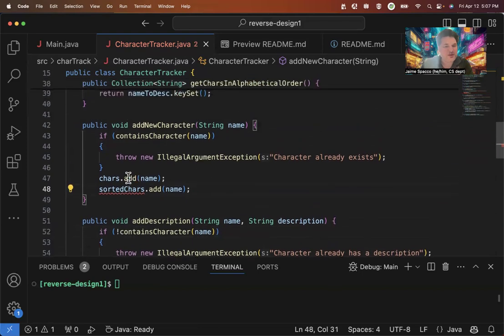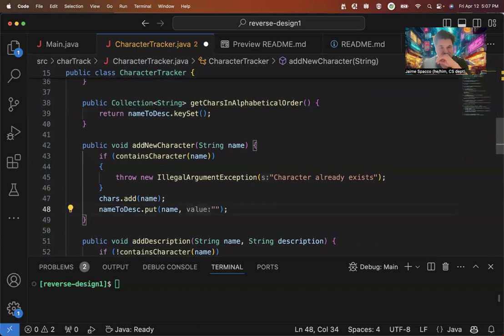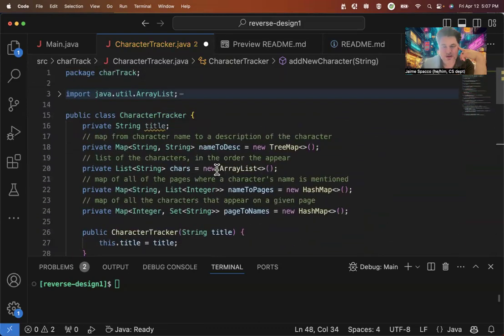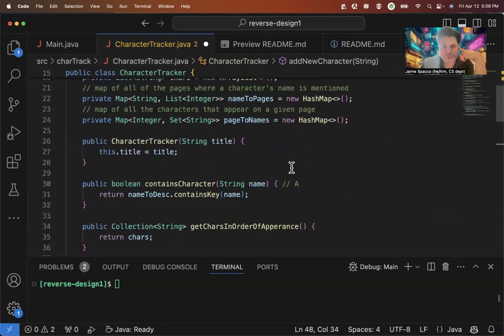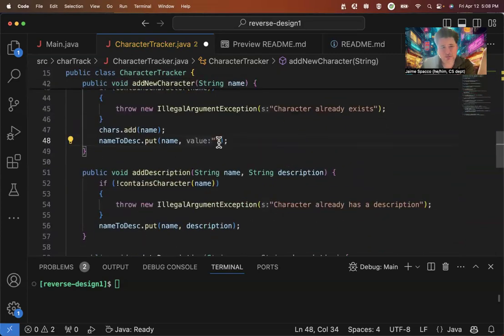And then for this, we don't need to really add it to anything. Well, we kind of do for adding the character. What do we add this to? We add this to name to, well, I did run into a bit of a challenge here, which is, can we have a character name with no description? Damn it. I really screwed the pooch on this one. I didn't really think it through. Right, because now what do I put with this? If I'm going to use the keys of this to mean something else,